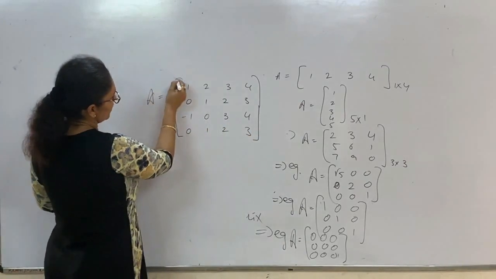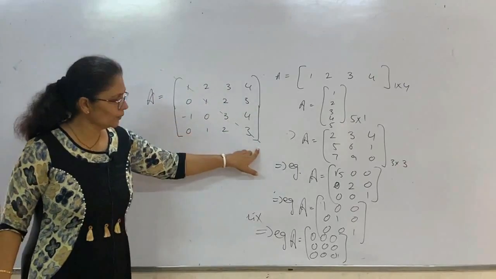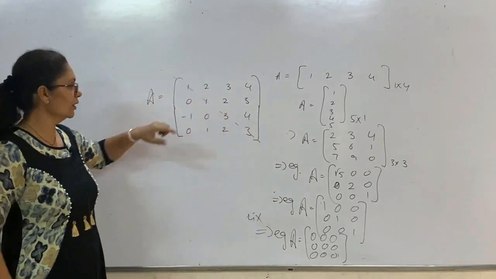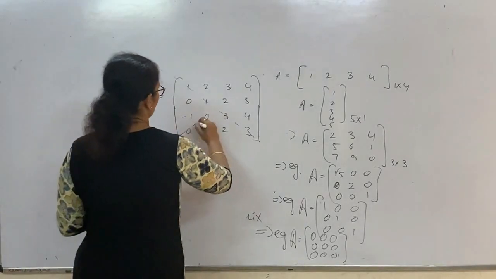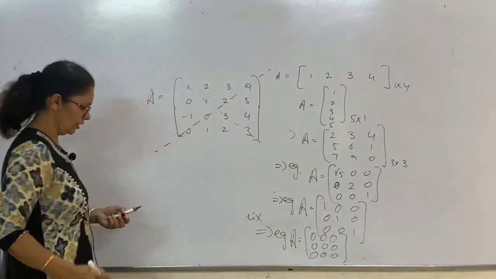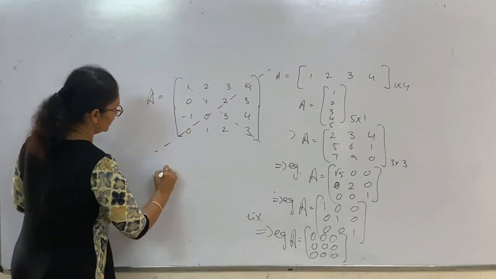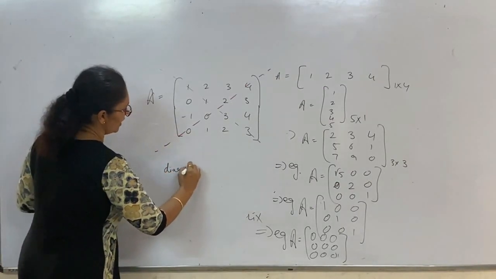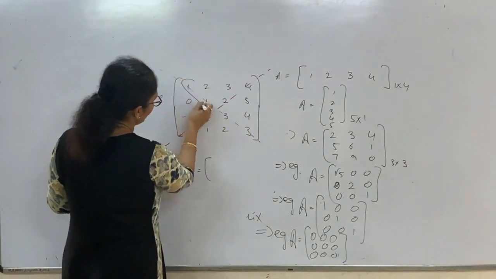See this way. Now the number of rows and columns is the same, so you can easily draw the principal diagonal, and in a similar way you can mention the secondary diagonal. If I want to write a diagonal matrix, one simple way I can write diagonal A. How can I write? This way. This one is your diagonal matrix.